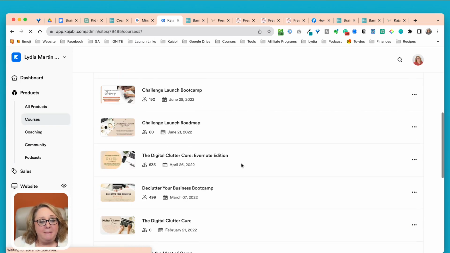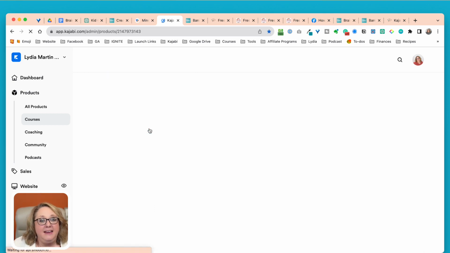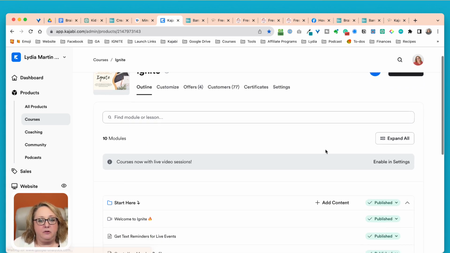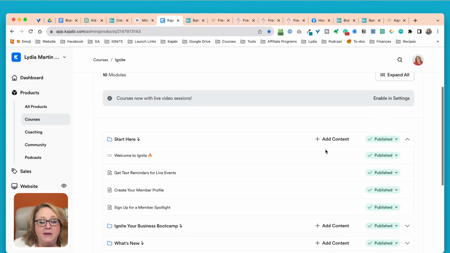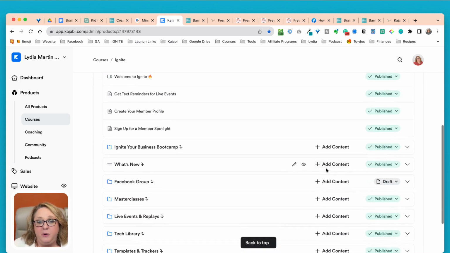One other product I'll share with you is our Ignite membership. Even though it's a membership, we are using it inside Kajabi as a product. We've built it as a course, but we've connected everything so it has a very different feel to it. It feels more like a membership, even though it looks maybe a little similar to what you just saw. This was the first product that we used with Sunset.